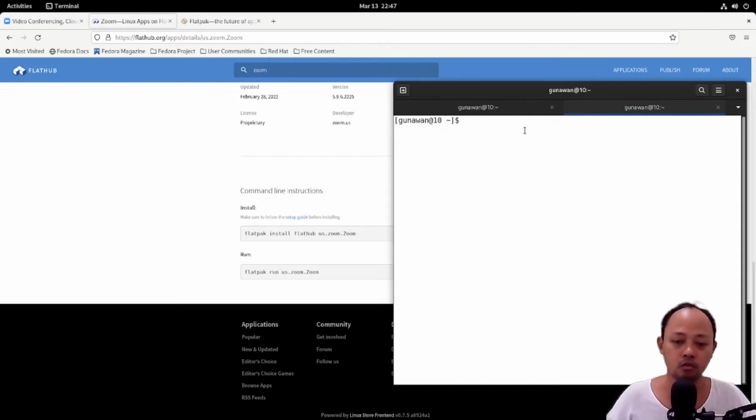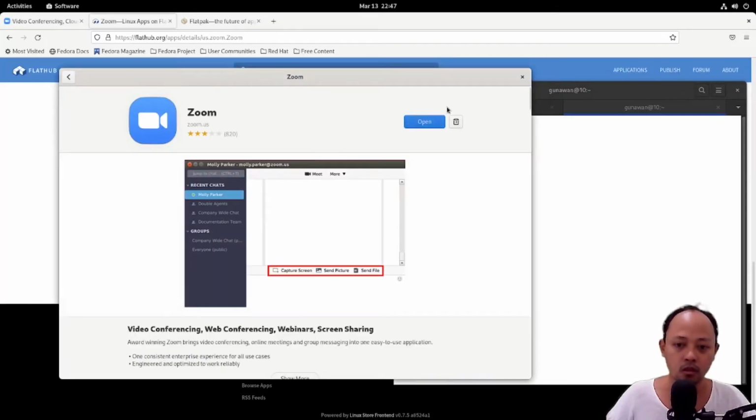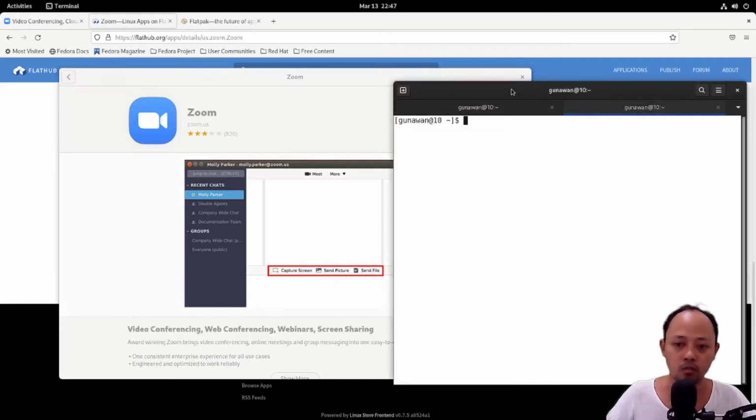And if you want to uninstall the Zoom from the FlatHub, you can go to the Software Manager and then press this button. But if you are not using GNOME, you can execute it from the terminal.